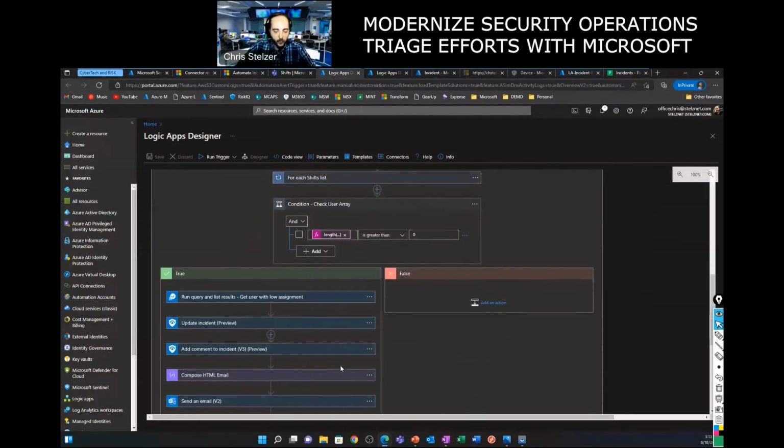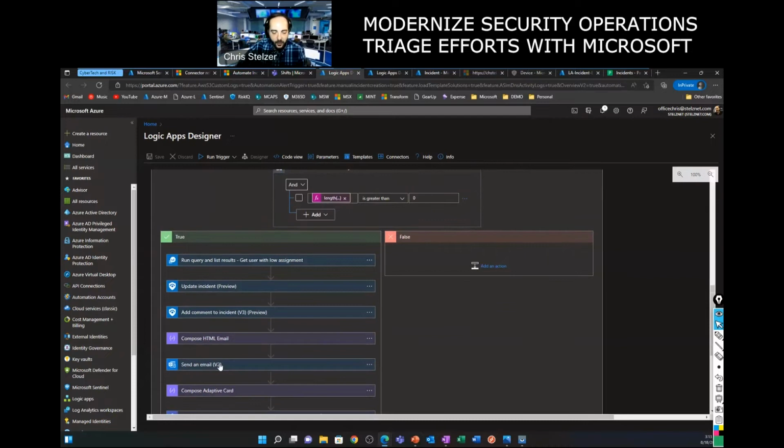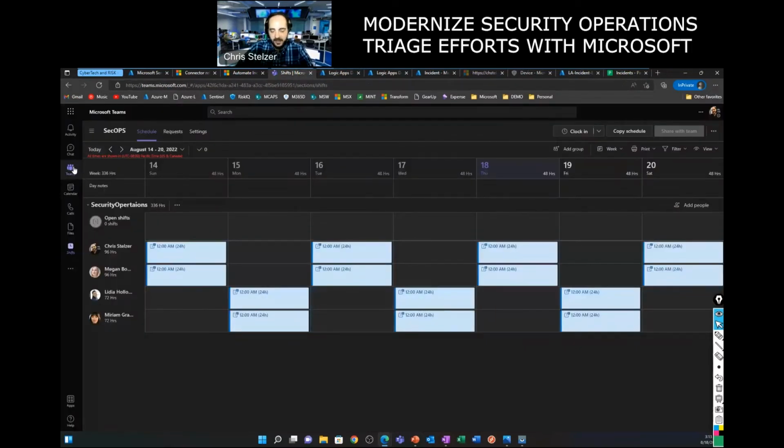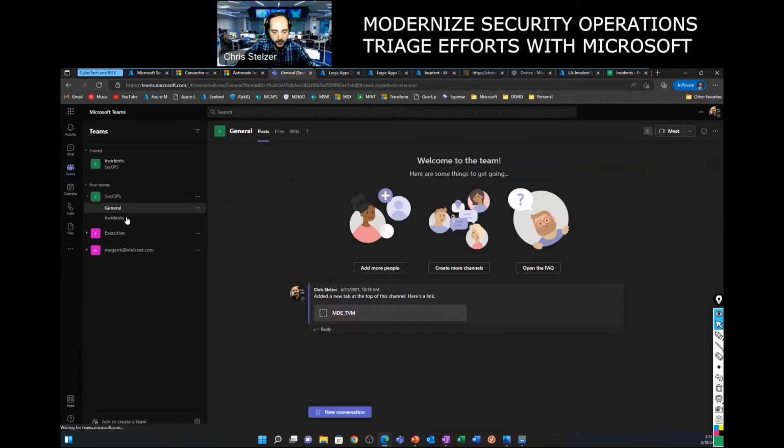It checks incident workload. Which analyst is currently working in the SOC? What is their current user-to-incident assignment ratio? And then it automatically assigns those incidents to those users as those incidents come through the environment. So when those incidents come in, they can be automatically assigned to users within the environment.